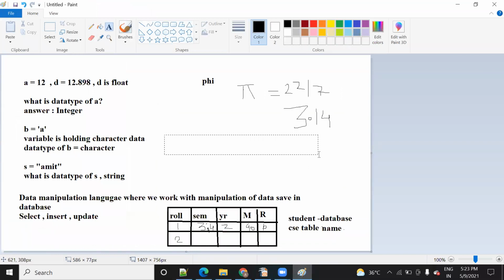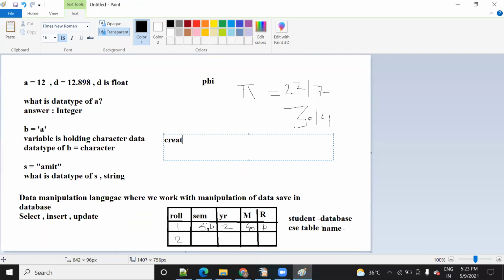Okay, so what is the syntax for creating the database? Create database and database name. So this is the SQL query that you usually write when you want to create the database. Is it clear? You can decide the database name as anything. Suppose a company wants to save data. For a particular product they create a database.